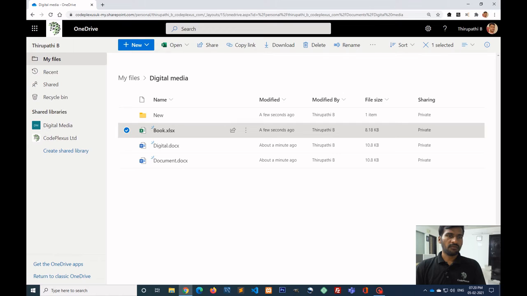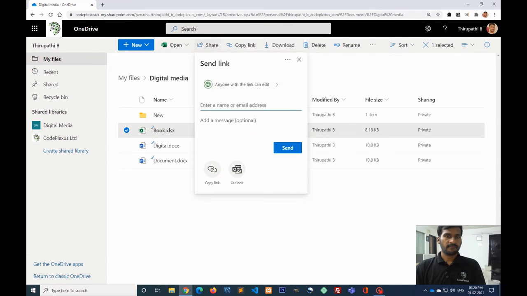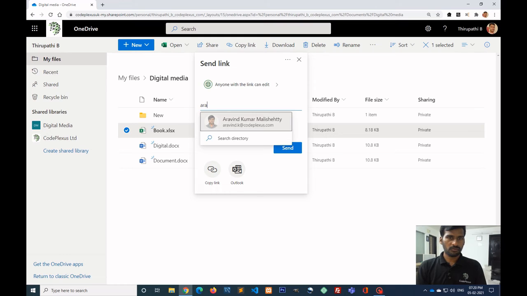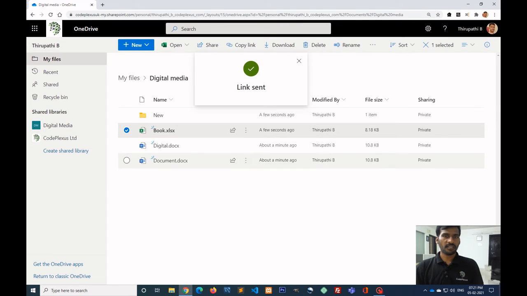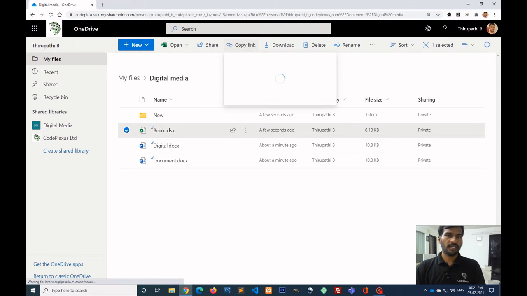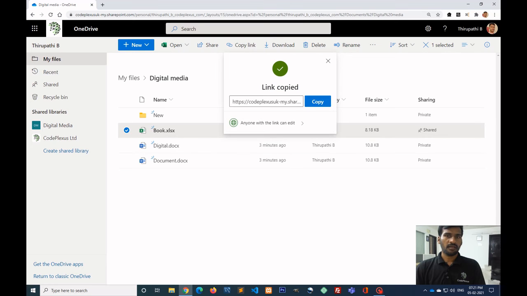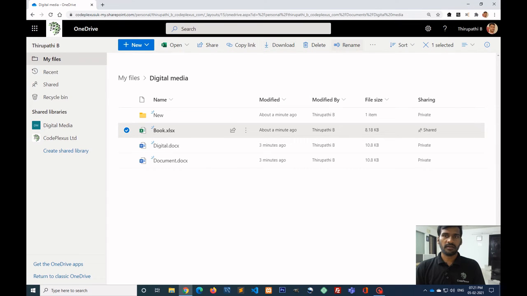Here I want to share one file. Select the file which you want to share and click on the share option, and enter the name or email ID to which you want to share. Here I want to share this file with Arvind, and click on send. The file link has been sent to Arvind, and you can copy the link,